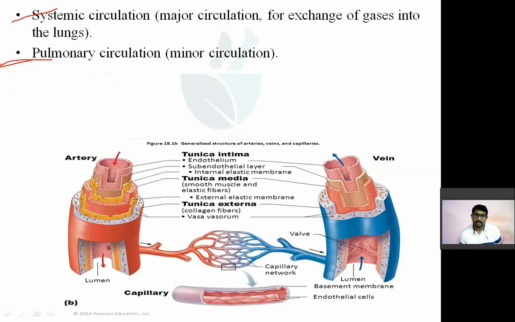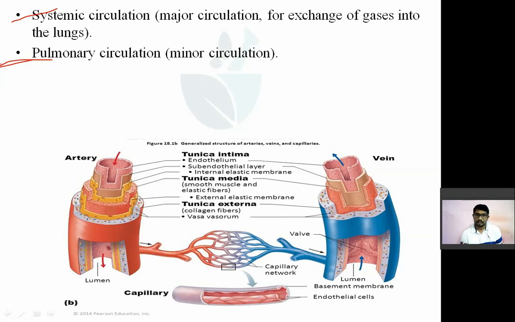That is the exchange of gases between blood, cells and tissue. Then pulmonary circulation means minor circulation, and that is nothing but the exchange of gases between blood and alveoli lining of lungs. So in the systemic circulation, oxygen is taken in the cells and carbon dioxide is deposited in the blood. Now in case of pulmonary circulation, carbon dioxide is deposited in the air, and from air oxygen is taken and